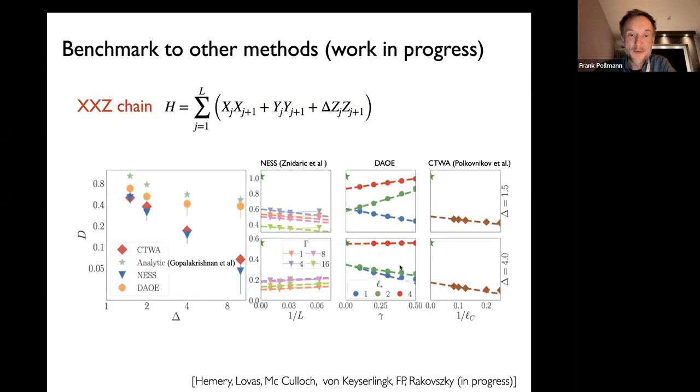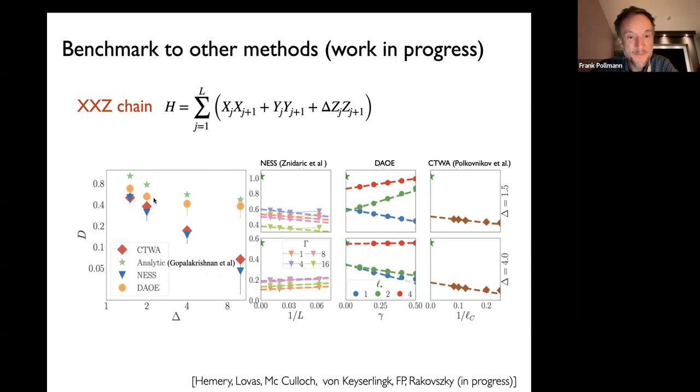But then we also use now the same algorithm on an exactly solvable case like the XXZ model, which is an integrable spin chain, for which there are some analytic results by Sarang Gopalakrishnan,